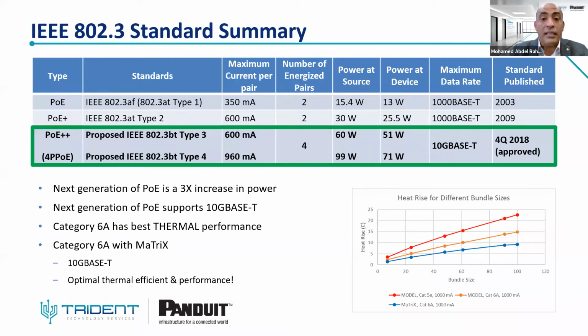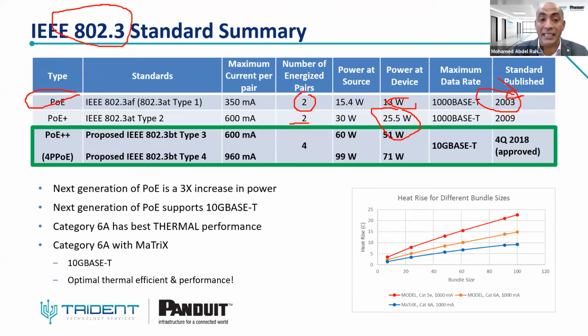The first one, as we said, the primary standard is called 802.3, which was introduced in 2003 as the beginning of POE. You are energizing only 2 pairs to support the power, and you can deliver up to 13 watts. You are using here 2 pairs only, as we said in the first presentation, in the beginning of the presentation. The second one was published in 2009, which is called POE Plus. You can deliver up to 25 watts, but you are still transmitting over the 2 twisted pairs.